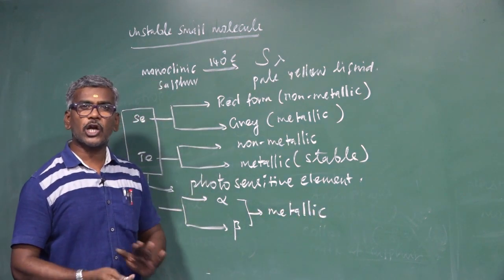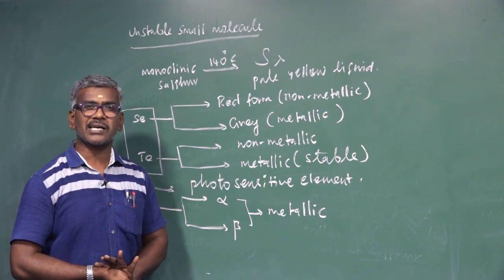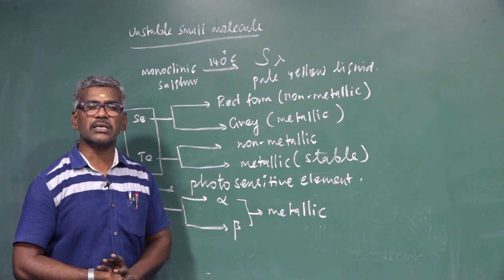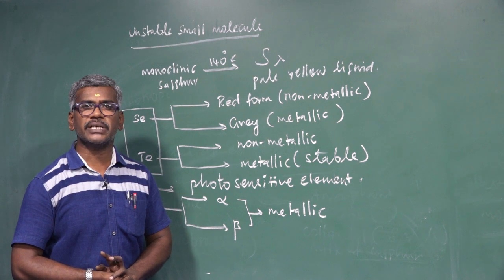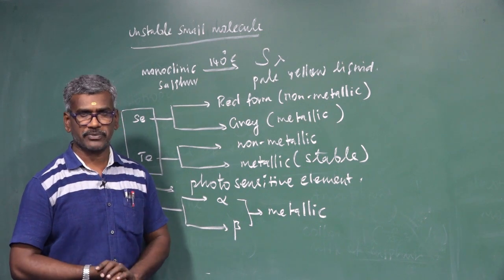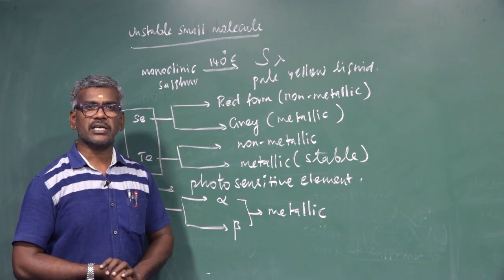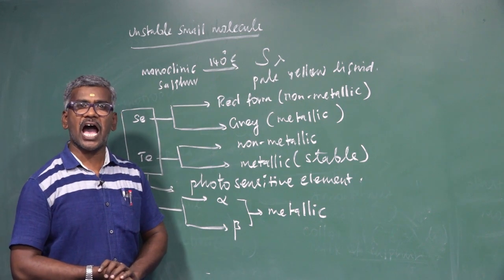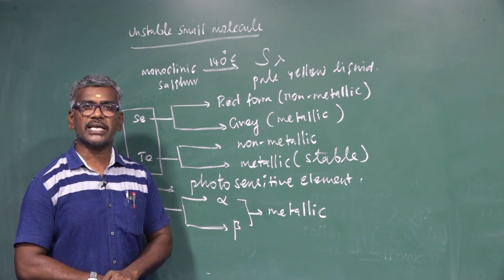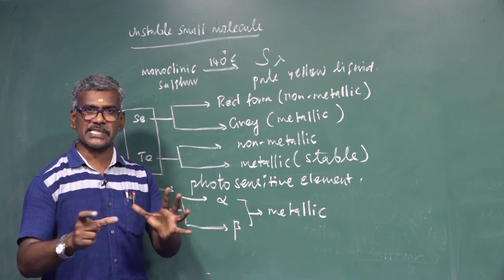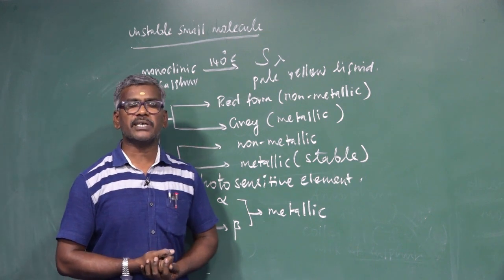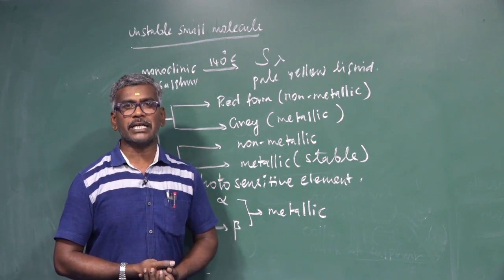These are the allotropes of the oxygen family. The oxygen family consists of oxygen, sulfur, selenium, tellurium and polonium. Except oxygen, these elements have vacant d orbitals in the valence shell. This is the special character. It forms p-pi-d-pi multiple bonds.